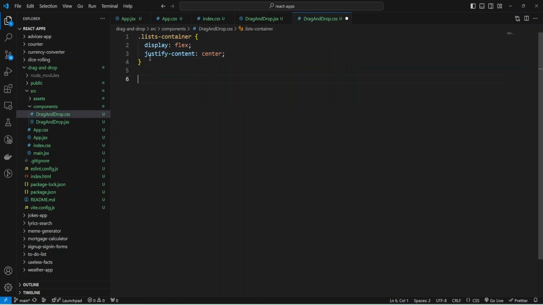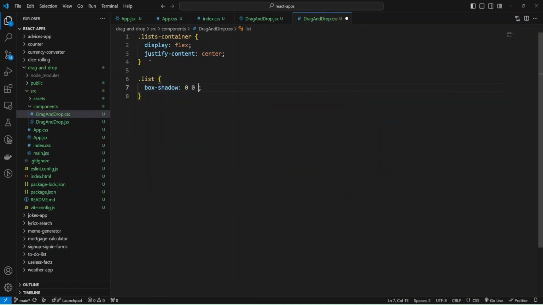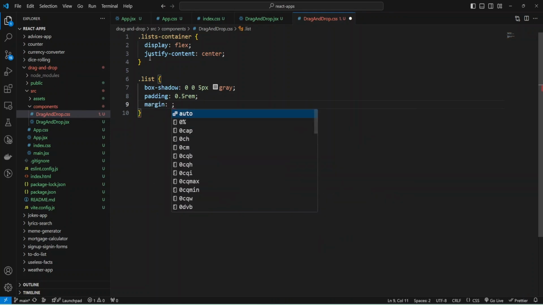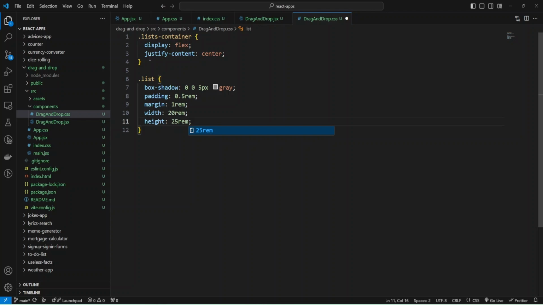Now I can add styles for my list, and I'm going to add box shadow, 0 5 pixels gray, and let's add some padding, 0.5 rem, and margin 1 rem, and also define some width like 20 rem, and define height and make it 25 rem.